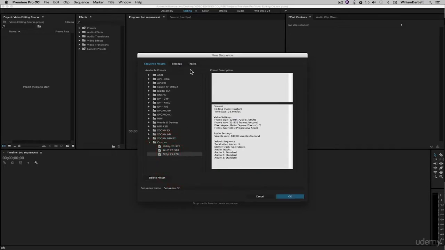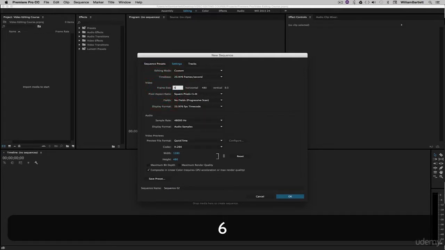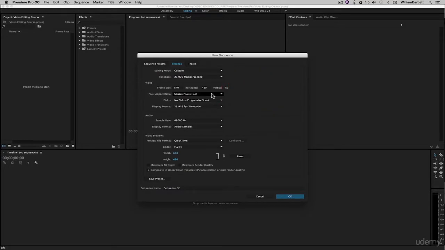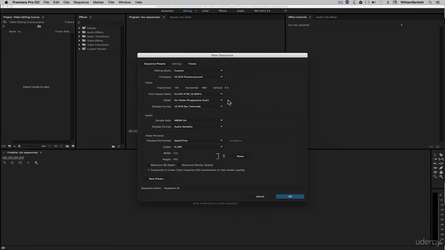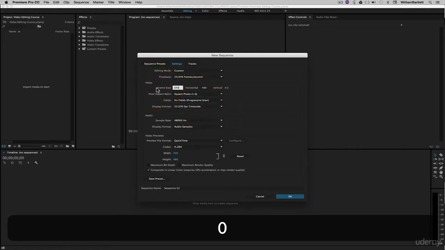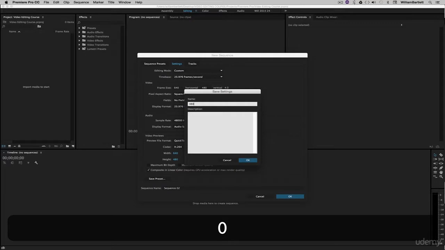Okay, now we will create a standard definition preset. Okay, so let's change our vertical to 480. And now with a square pixel aspect ratio, we can set this to 640. Now, some people like to set it up as NTSC 0.9. If you do that, then you'll need to change this to 720 to maintain this. It does the exact same thing. It's just using a different pixel aspect ratio. So I like to keep things always square, so 640. Let's go to Save Preset. We'll call it 480p